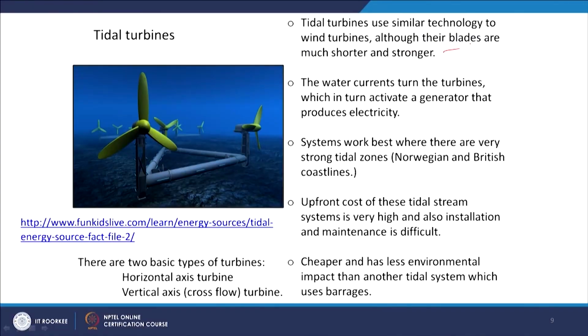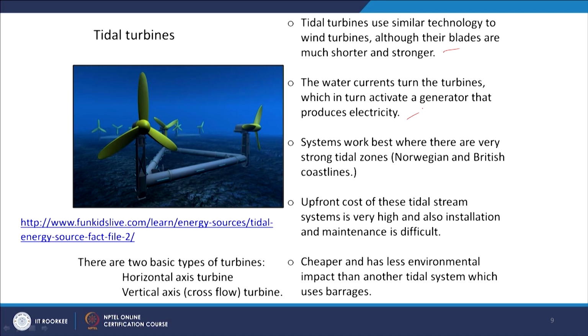So, in this case the turbine blade requirement is not that big. We need smaller blades with respect to wind turbines in the case of tidal turbines. The tidal turbines use similar technology to wind turbines, although their blades are much shorter and stronger. The water currents turn the turbines, which in turn activate a generator that produces electricity, just like the concept of